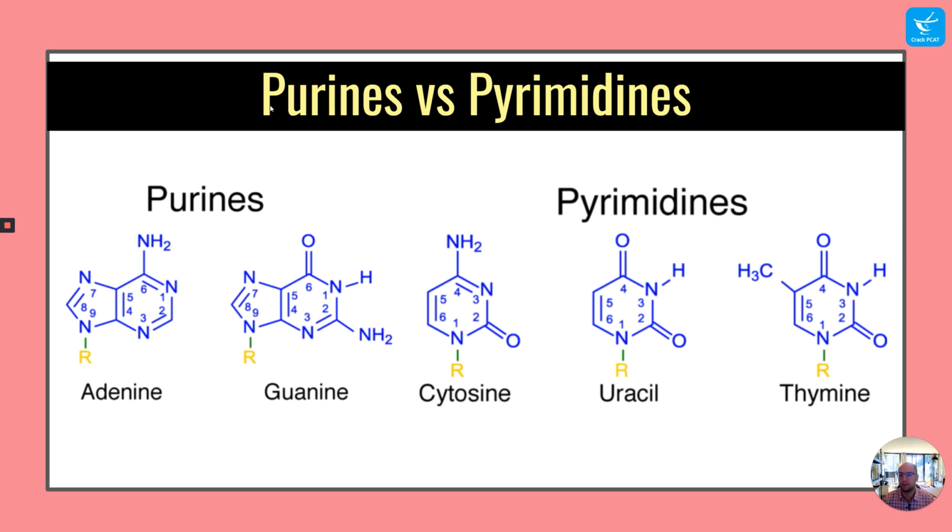Now let's mention purines versus pyrimidines. There are the purines, which are adenine and guanine, and those are going to have 2 rings in their structure. Next, we're going to have the pyrimidines. Those are cytosine, uracil, and thymine, and each of